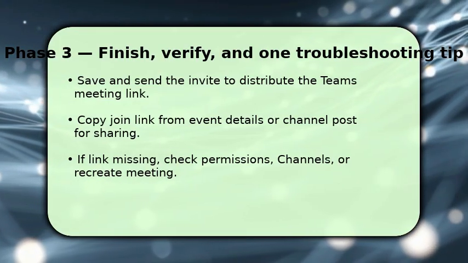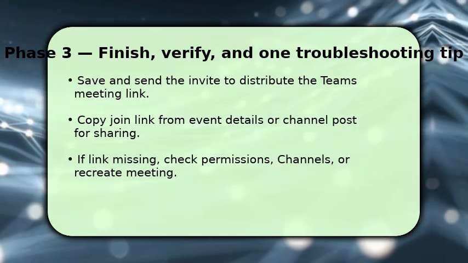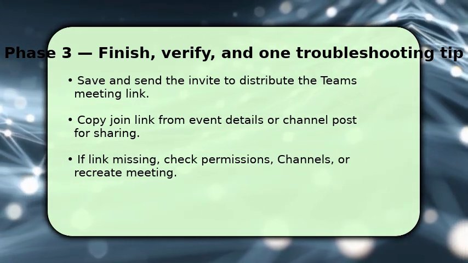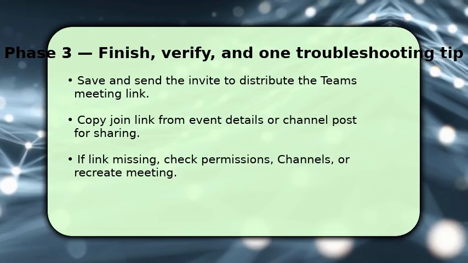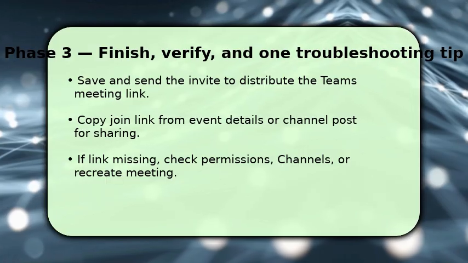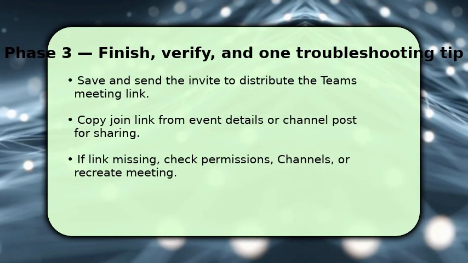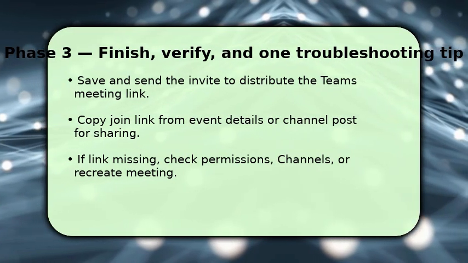To share manually, open the event and click Copy Join Info or copy the URL from the channel post if you used one. Once done, confirm the link by opening it in a browser. This verifies permissions. If the link is missing, make sure you have permissions on the channel and that the meeting wasn't created in a private channel. If problems